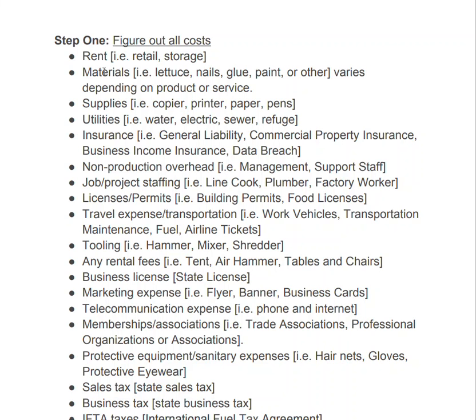All right, materials. Doesn't matter if you have lettuce, nails, glue, paint, or others, right? This is going to vary depending on the product or service, but because of your materials, you got to now create this. Now we've got some spreadsheets, or I'm going to introduce you to some spreadsheets that really allow you to